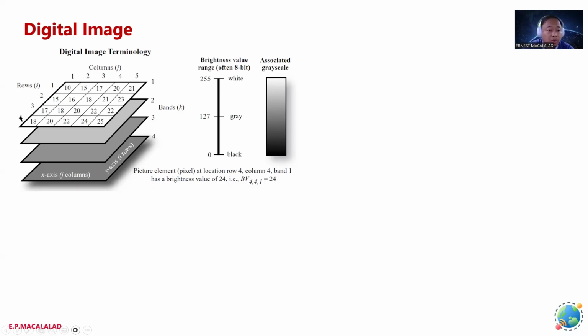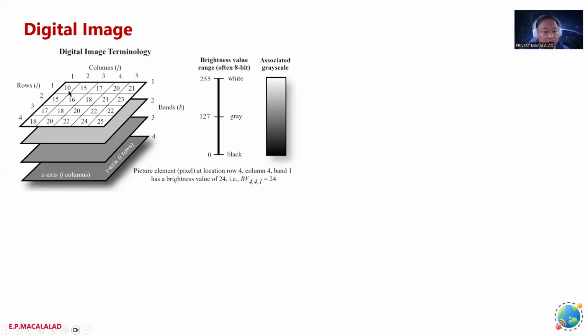So the number of rows and the number of columns pertains to the resolution, the number of pixels that it provides. Okay, so for example, in this example, this remote sensing platform has four rows and five columns, so it has 20 pixels.